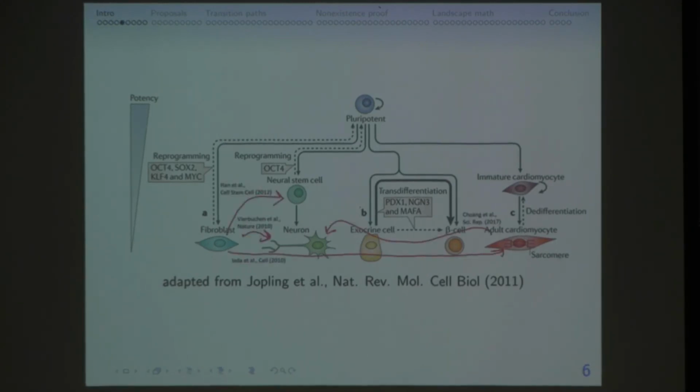And you can even add a couple more. I did crudely on my own. For example, you can see you can turn a fibroblast into a cardiomyocyte, stuff like that. So you can say, okay, well, maybe the tree isn't the whole story. Maybe I need something that looks more like this. But I mean, this is probably missing the point. Just drawing a tangled web of things just looks like a mess and doesn't really help you.